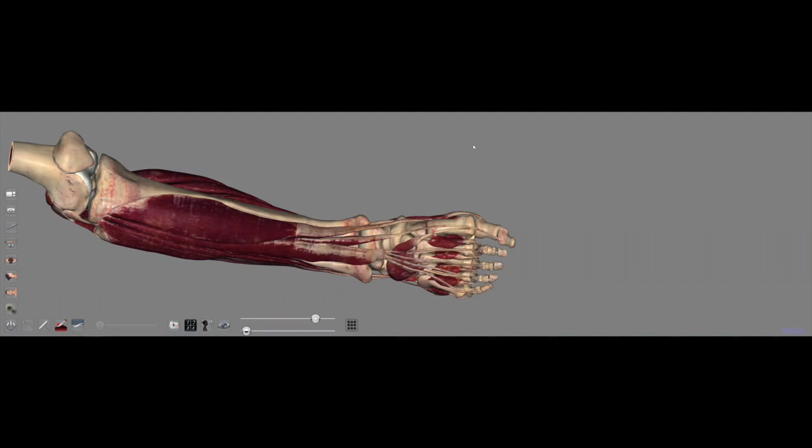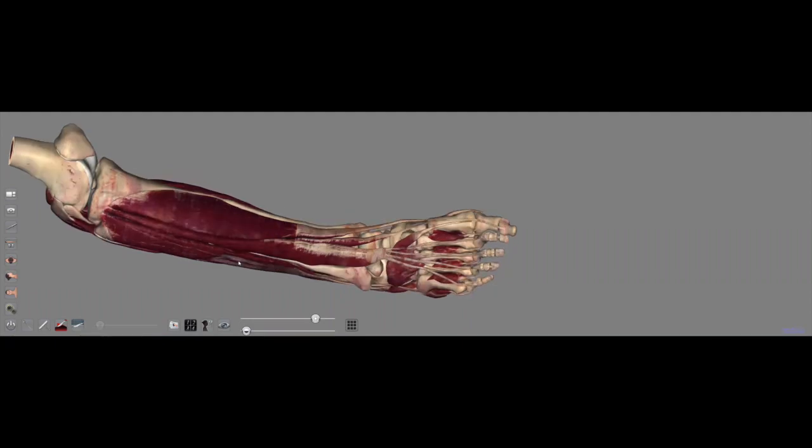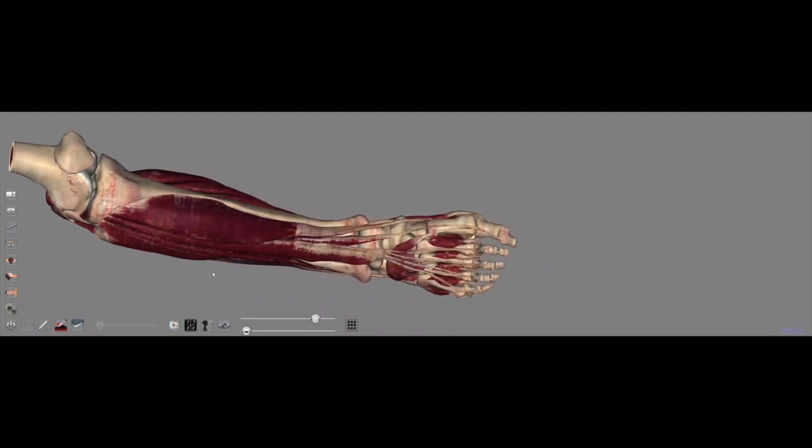Beginning in the anterior compartment, these are going to be the primary dorsiflexors of the ankle, as well as extensors of the toes. Moving from medially to laterally, we first find the very superficially oriented tibialis anterior muscle. This muscle originates from the lateral condyle and superior half of the lateral surface of the tibia,